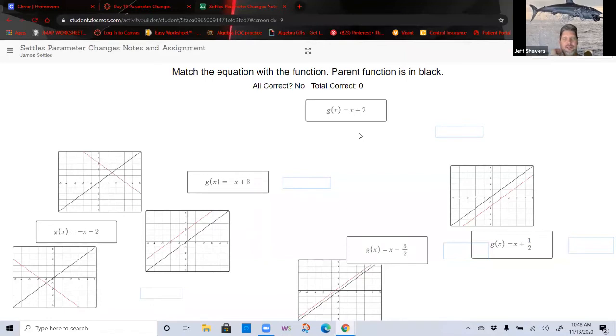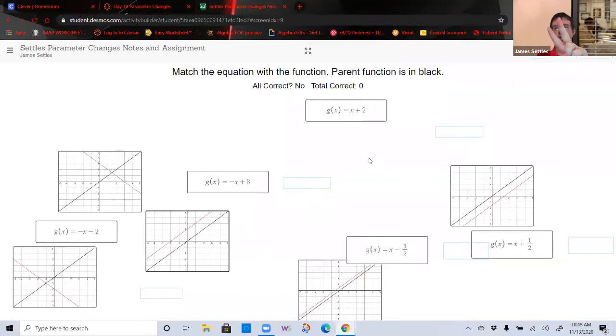So when we worked on slope, slope's in front of the x and the y-intercept is b, which is by itself. So that'll help you. So we're looking just at that +2, which is that b that he's talking about, that +2 at the end. That +2 means I'm looking for a red line that is still the same direction as the parent, but it moved up, and it's got to move